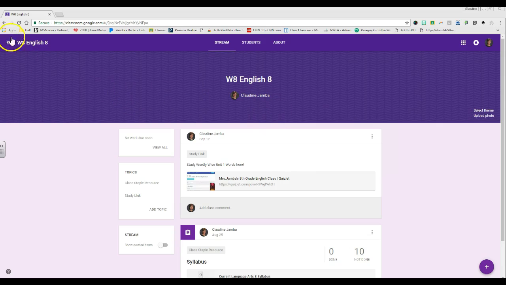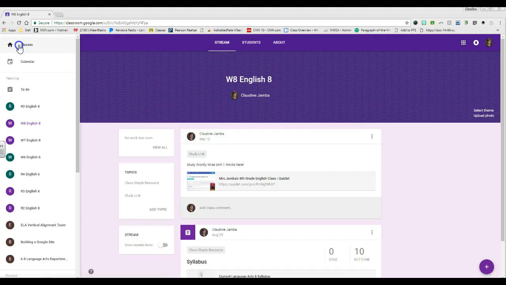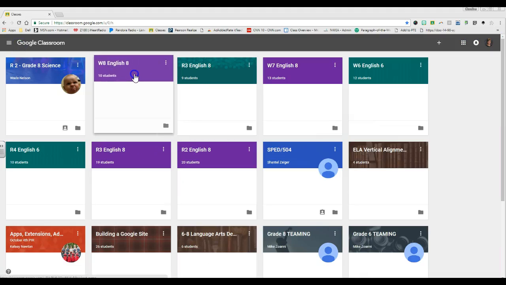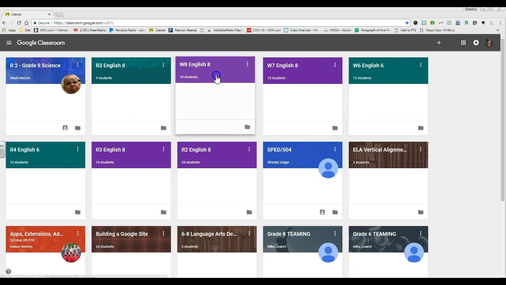So that's the first thing. And then when you have all of your classes set up, be aware that you can move them around according to how you have them in your day. That's a fairly new feature. The teachers in previous years, we've had to just kind of create the classes according to how we had them in the day. And the kids were not allowed to move their tiles around either. So that's the first thing: create your classes and then move them around according to how you would like to